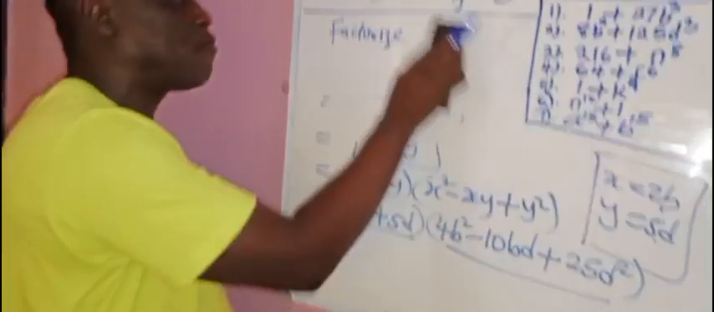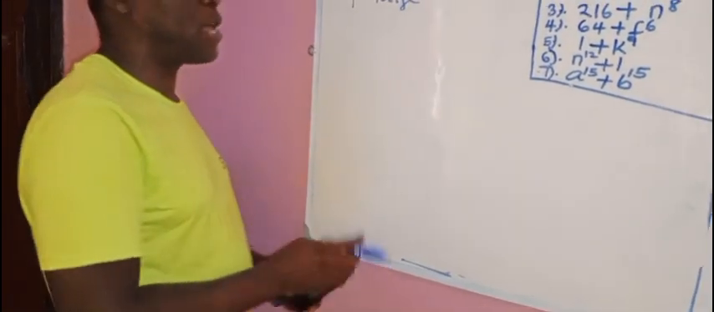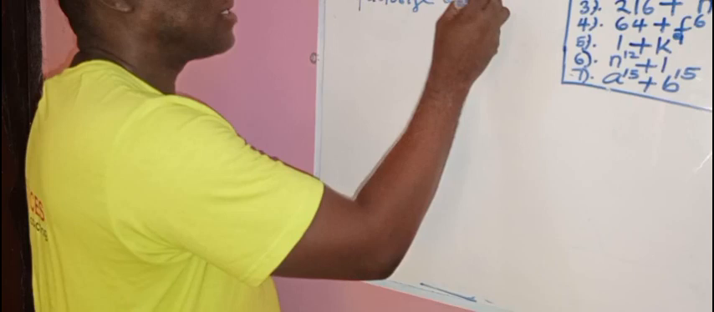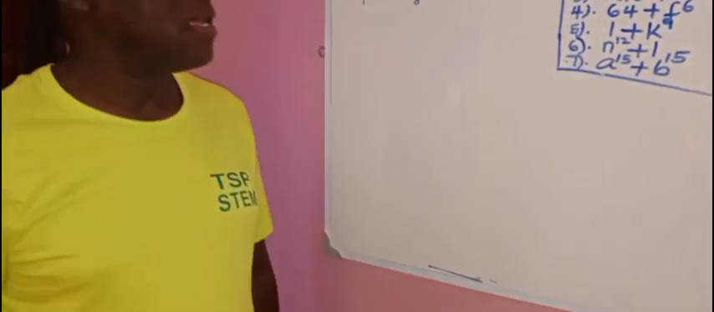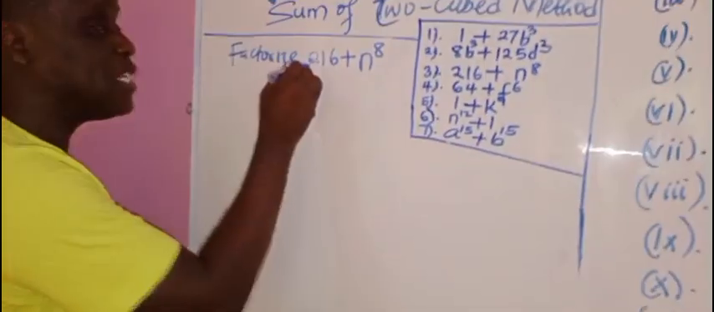So we go to another one. Just be following me, and make sure you are following. Once you follow, you don't have any problem with me, okay? Factorize 216 plus n raised to the power 8. Now, look at this. We have n raised to the power 8. It means that this